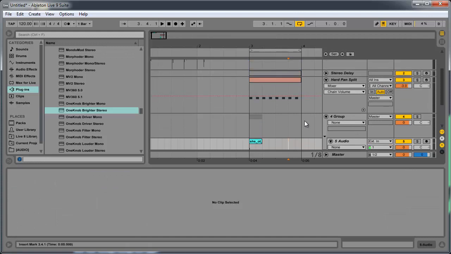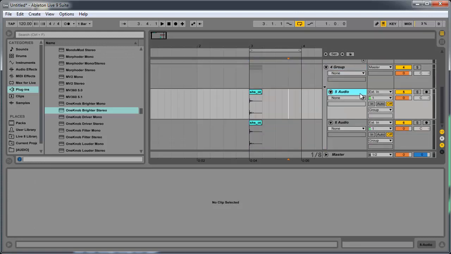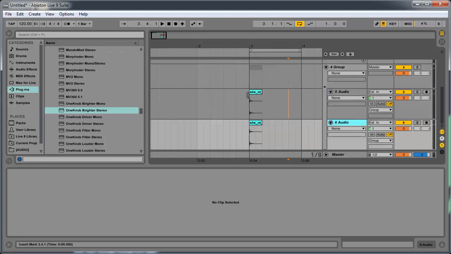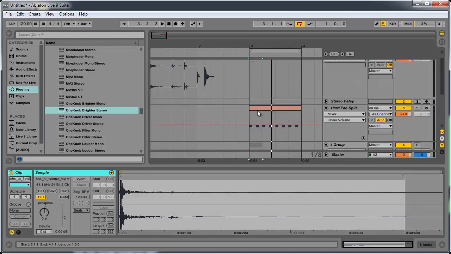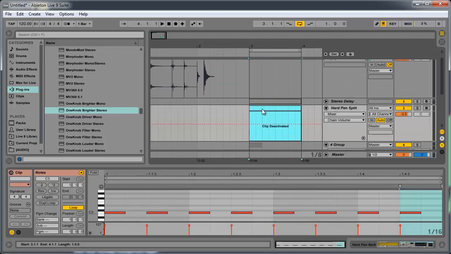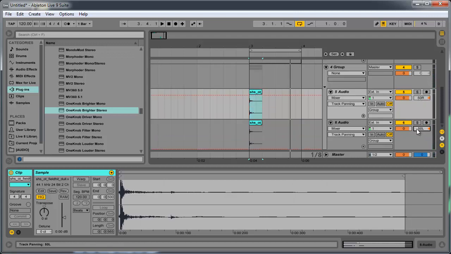So what I've done is I've created two audio tracks, and so we can just listen to the sample. Go ahead and remember 0 is deactivate. So we've got this kind of click sound, and what I'm going to do is hard pan the channels themselves. So these channel strips I'm going to throw in. If we listen to it right now,